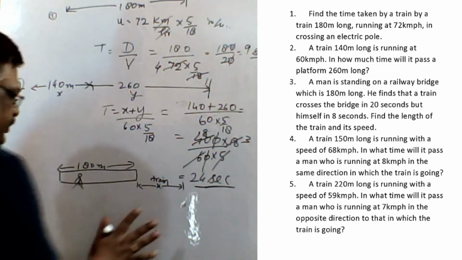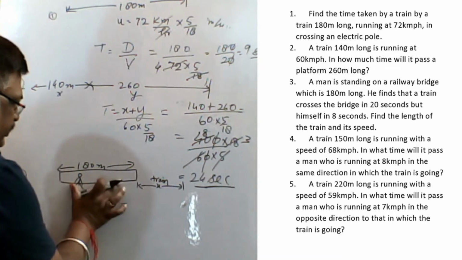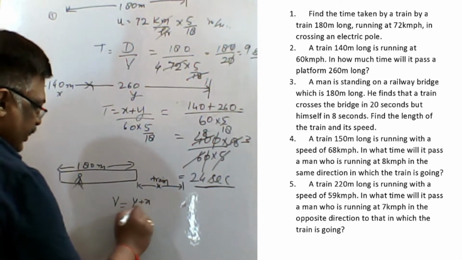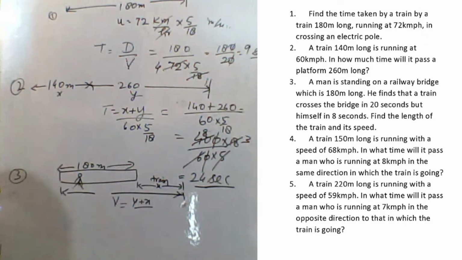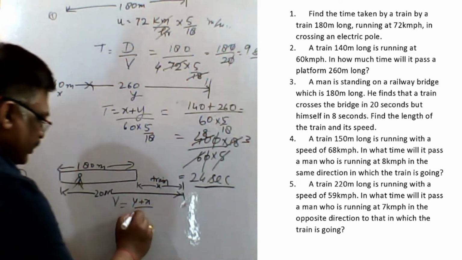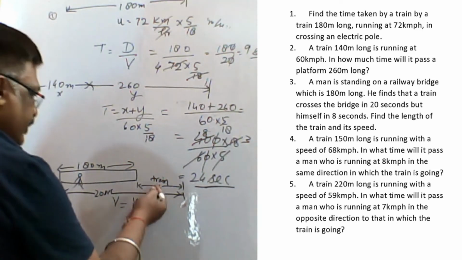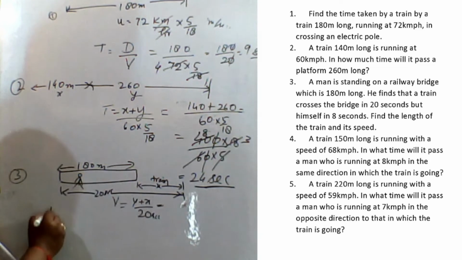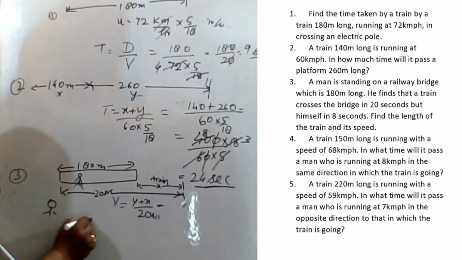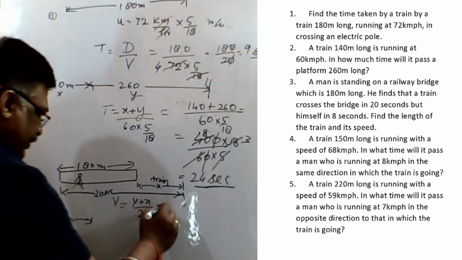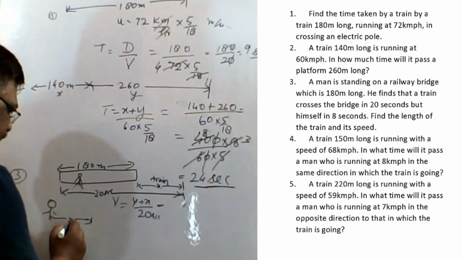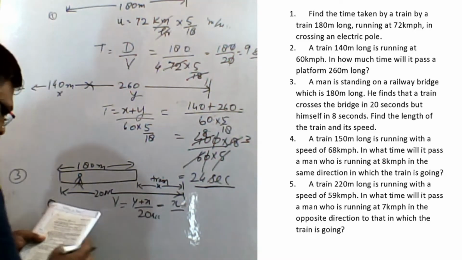In both cases the speed will be the same. Suppose this is y plus x, and the time taken by the train to cross the platform, the whole thing, is clearly written as 20 seconds. In the case of the train crossing the man, suppose the man is standing like this and the train comes here, so this is x. How much distance will the train travel to cross this man? x distance. In that case also the train speed will be the same. So here it is 8 seconds.